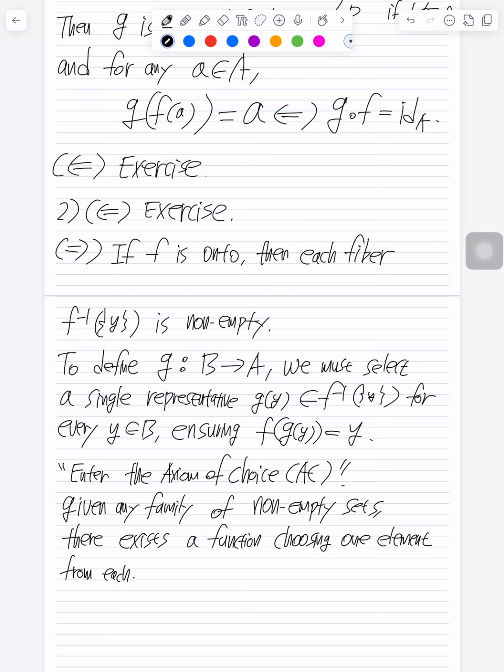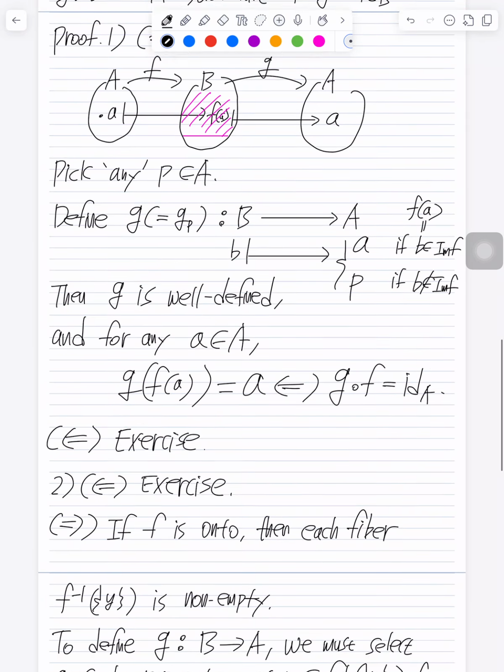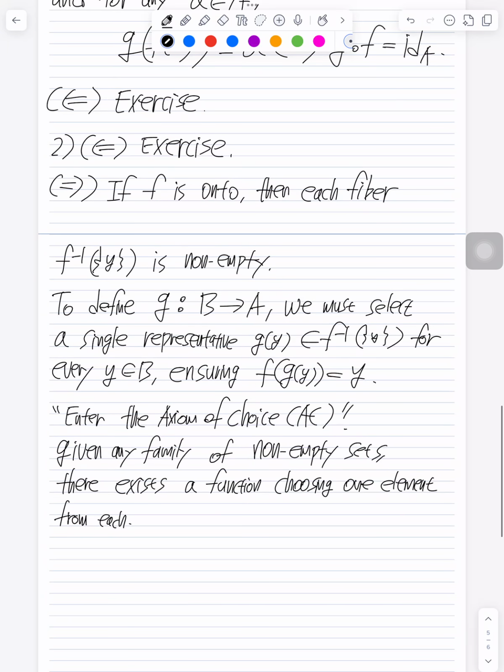And in concrete problems, a natural canonical choice may exist, for example the smallest element under an order, in which case the axiom of choice is not needed. It's unnecessary. So, an example without the axiom of choice: if each fiber is a non-empty finite subset of the natural numbers, then we are definitely able to define g of y to be either the minimum or the maximum. So you can now see that this direction just follows from the axiom of choice if you want to assume it.